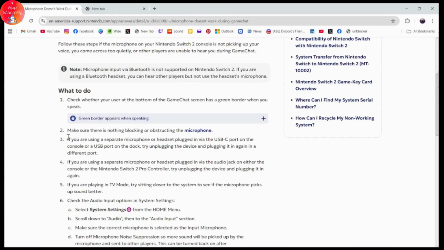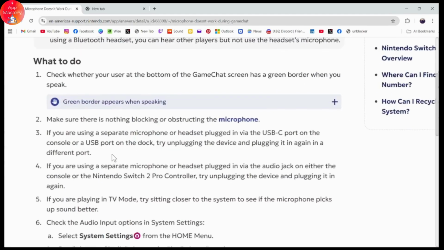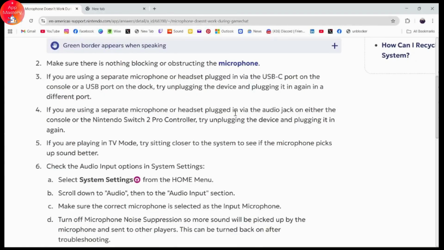If you are using a separate microphone or headset plugged in via the USB-C port on the console or a USB port on the dock, try unplugging the device and plugging it in again in a different port. If you are using a separate microphone or headset plugged in via the audio jack on either the console or the Nintendo Switch 2 Pro controller, try unplugging the device and plugging it in again. If you're playing in TV mode, try sitting closer to the system to see if the microphone picks up sound